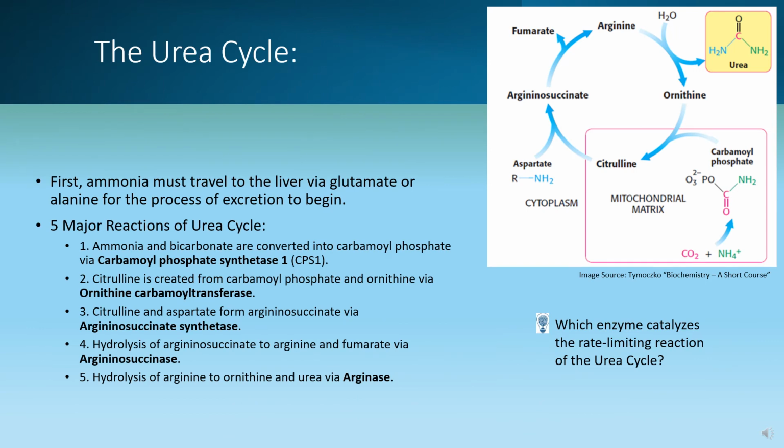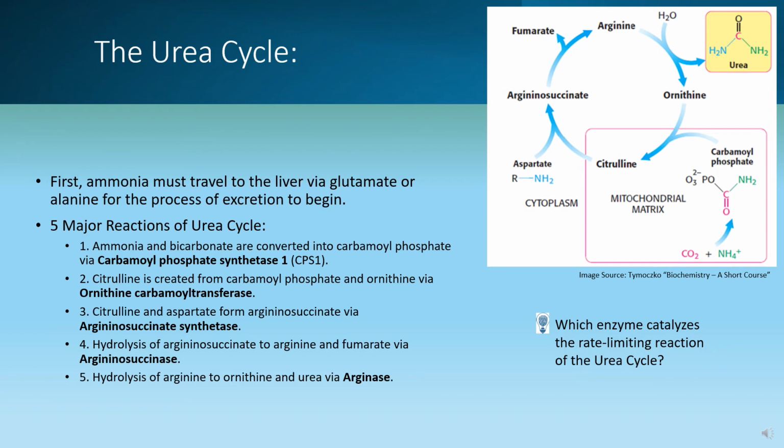Now that the nitrogenous waste from protein digestion has arrived at the liver, it must be eliminated. The urea cycle is responsible for this. This is a series of reactions that produce urea from ammonia and bicarbonate in order to successfully excrete all of this toxic nitrogenous waste. There are 5 major reactions and 5 important enzymes involved. And the machinery involved in this cycle is found only in liver cells. This emphasizes the critical importance of the liver's role in metabolism.